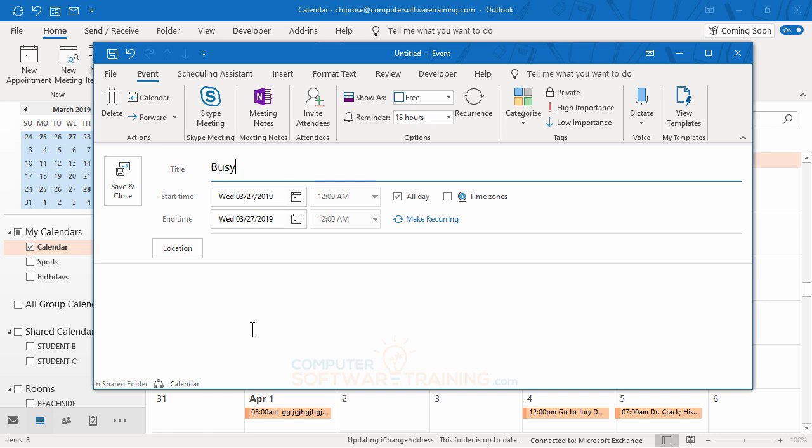And so then I need to go up to here and mark this as busy. I can even put in out of the office, and that'll really give people the idea that I'm nowhere to be found. But I'll just put busy here. And then I'm going to go over here to the recurrence.